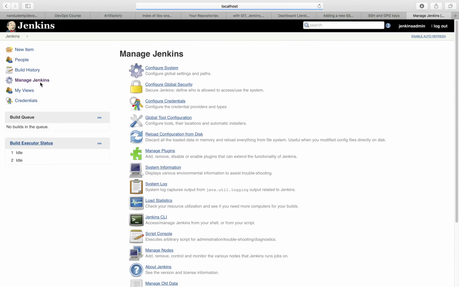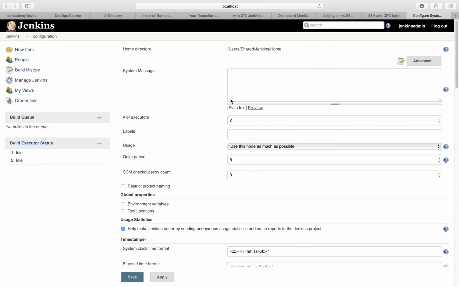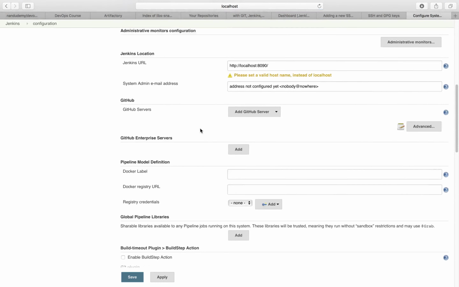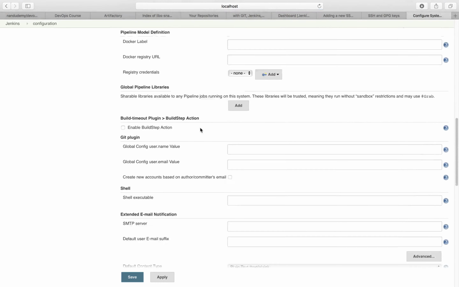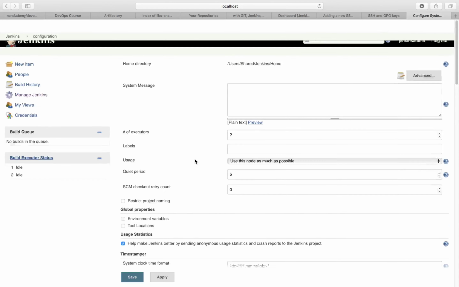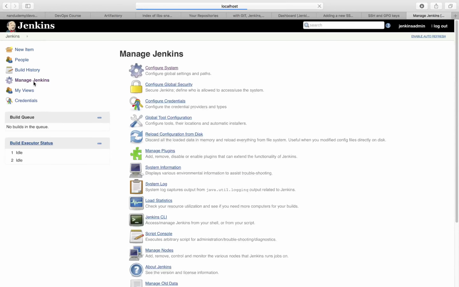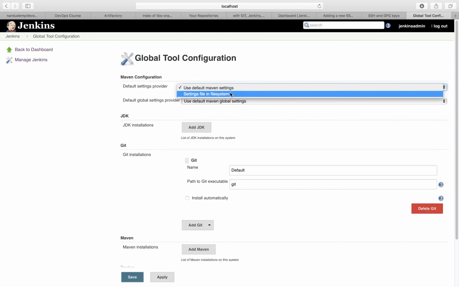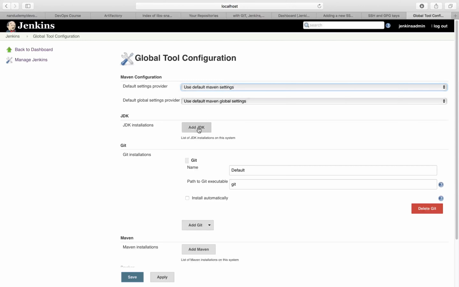Going to click on Manage Jenkins, click on Configure System. Okay, and we are going to make some changes here, which is probably not in this section, but it would be in Global Tool Configuration. Okay, so here we're going to use the default Maven settings,